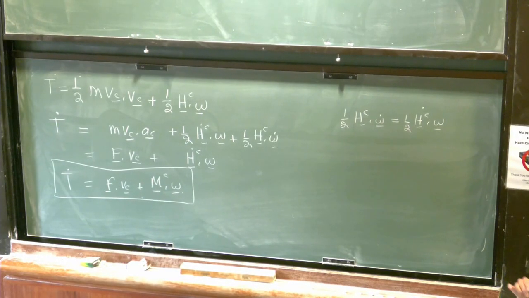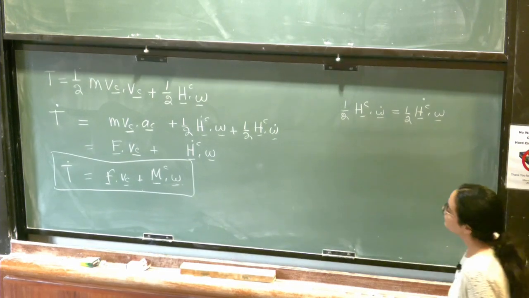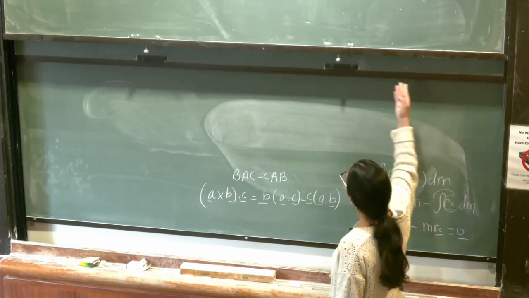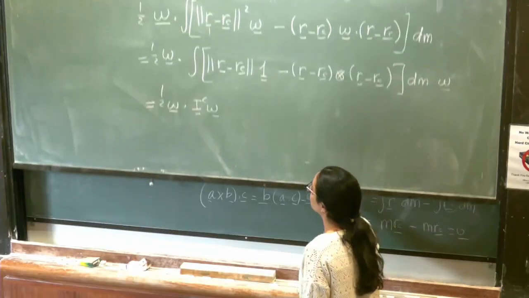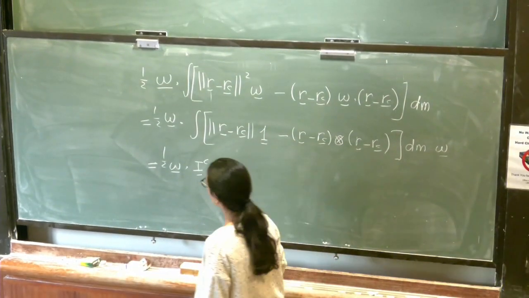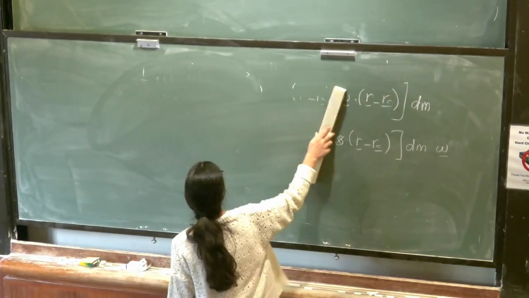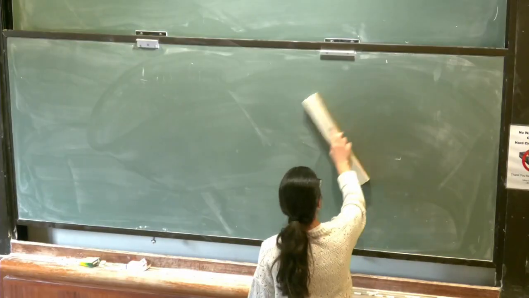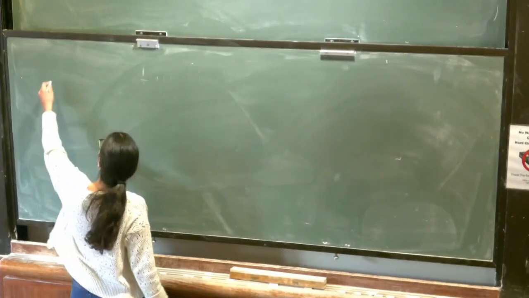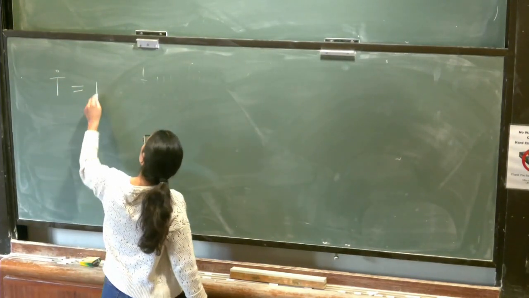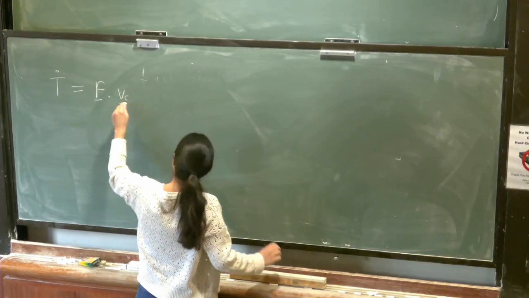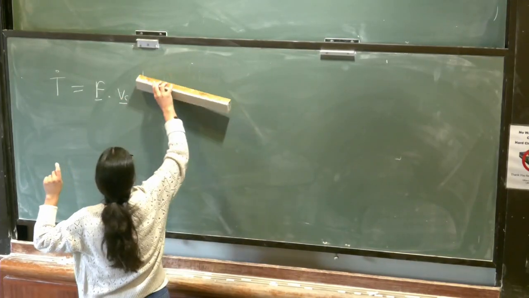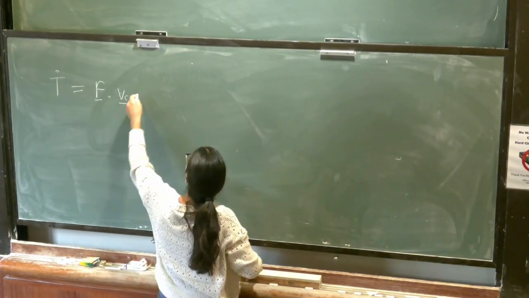Now to get the second form, now I have that T dot is equal to F dot VC plus MC